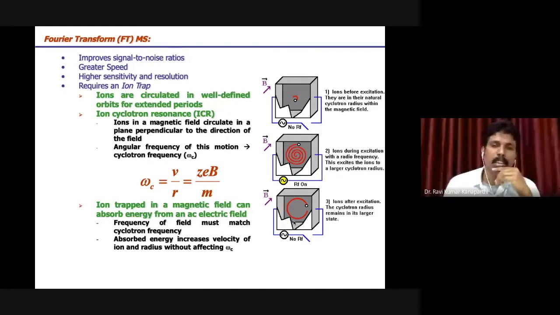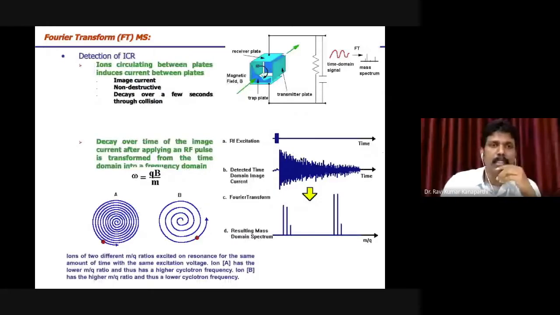Within the trap, later on, if you apply a voltage and frequency which exactly matches the frequency of the ions circulating within, then they will exit. That is the principle of ion cyclotron resonance, and a little bit of mathematics. This is coupled with the Fourier transform: ICR coupled with the Fourier transform is found to be a very good mass spectrometer arrangement for separation of the ions.